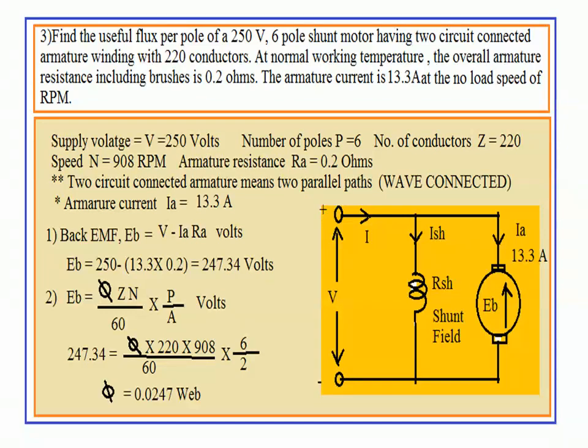This is the same problem repeated from the earlier slides. You follow the same thing, or you can change some value such as the armature current. You may practice and get a good example. Either you can take the value of flux, or you may calculate the speed. There are only three possibilities. That's why I explained in the main slide. You remember those steps, then it is very easy.